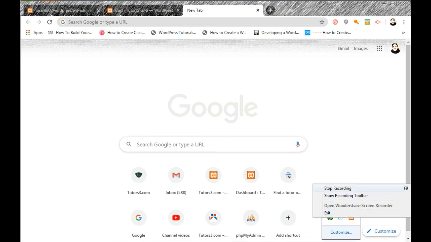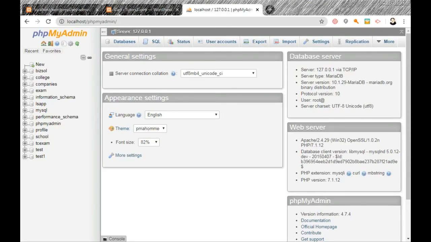Now after this we see how the database works. If you go to the database, this is the database part.